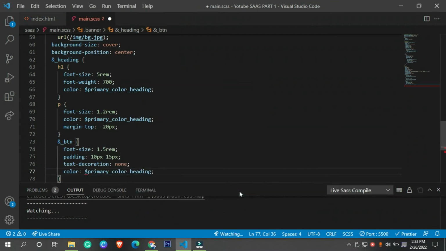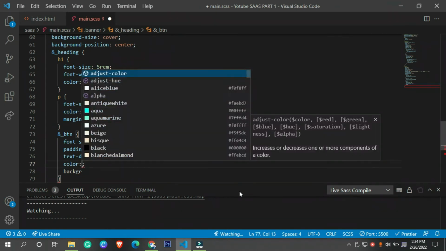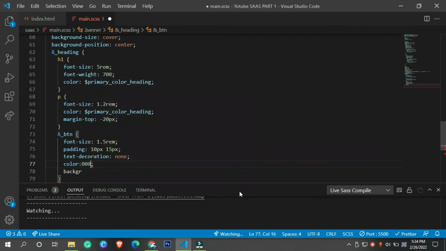So I'm going to use this heading color, and we can also change the background. So background, or let's say let's remove this color because I want to add a darker background. So you can also go for the variable. You can easily add a black variable.